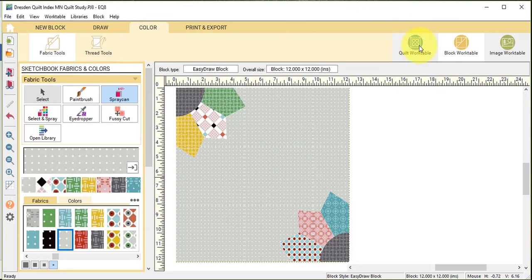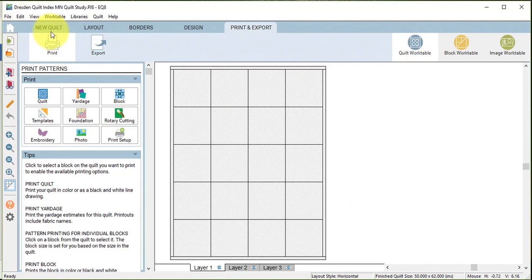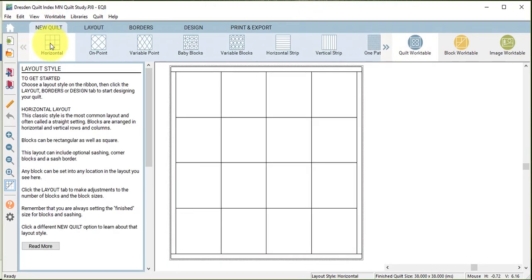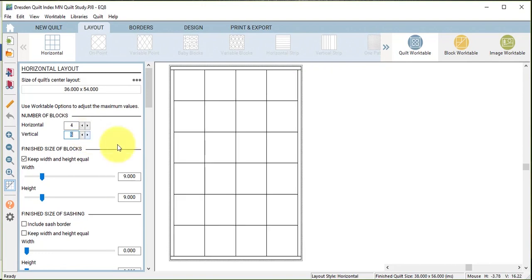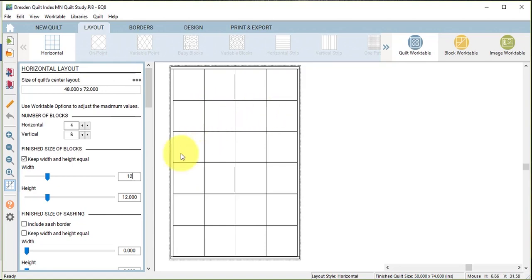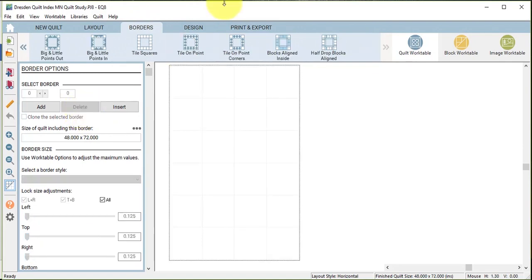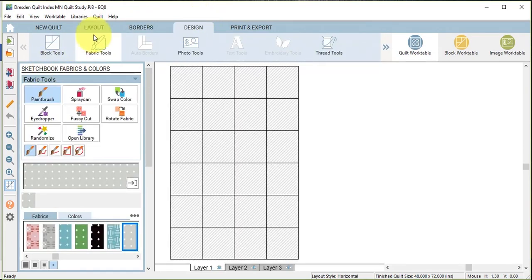Now I'm going to go to the quilt work table, and I'm going to do a new quilt horizontal. And I will go to the Layout tab, and I'm going to change my number of blocks to 4 by 6. And I'm going to make sure keep width and height are equal, and I'm not quite sure on the size, but I'm going to start with 12 inches, and so I will change one of those dimensions and it will change both. And then I'm going to go to the Border tab, delete that border,